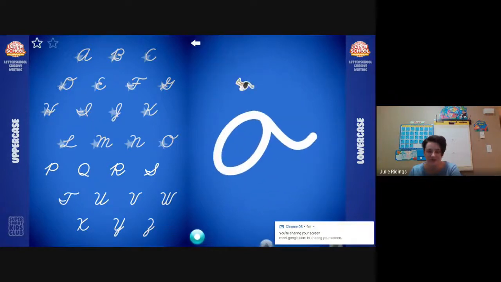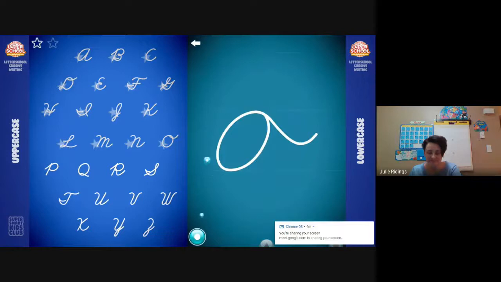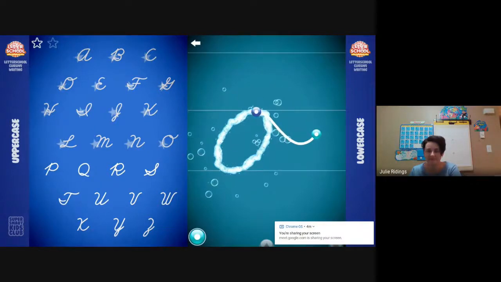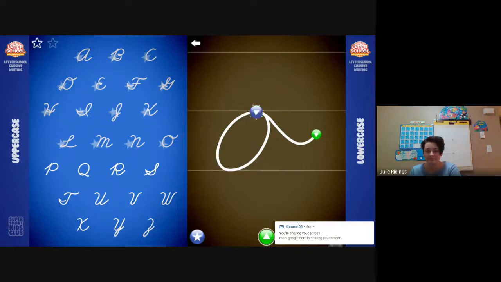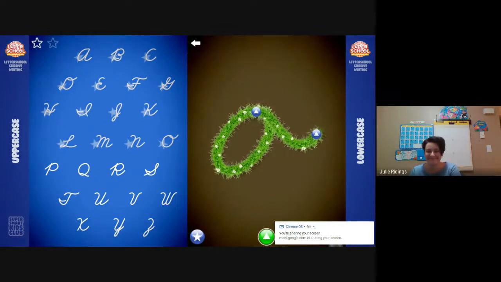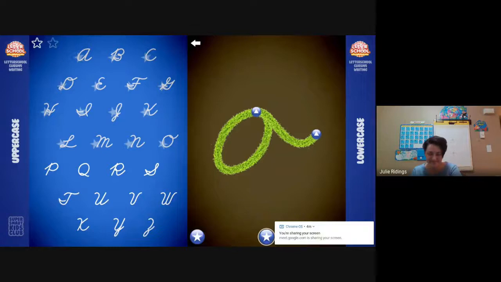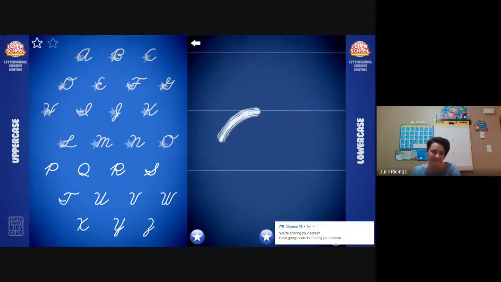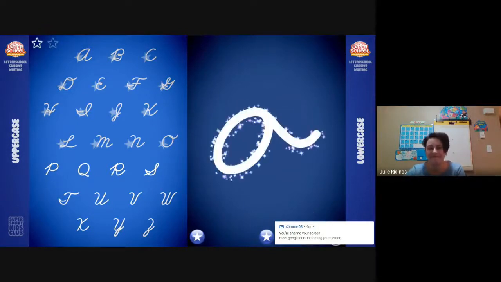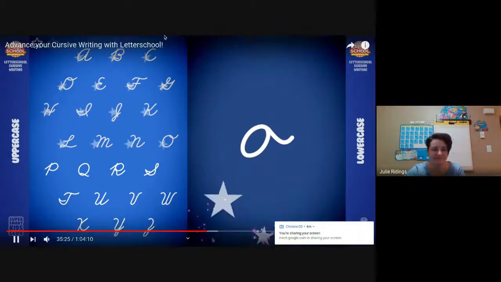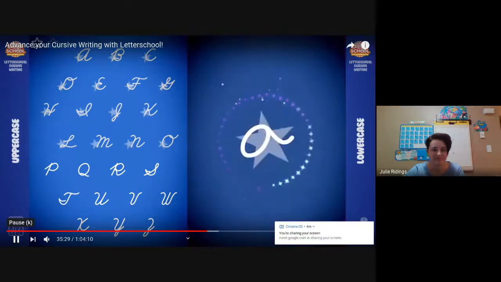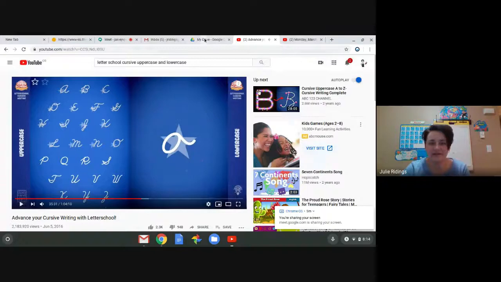This is lowercase o. I love this one. Okay, so